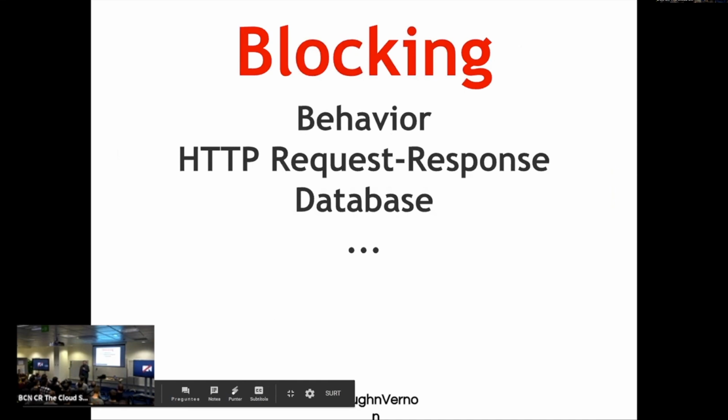We not only experience blocking in behavior, but we experience blocking with our HTTP requests and responses. We're seeing some solutions to that with some of the web servers available, the web containers and so forth that are offering some asynchronous capabilities, but we also experience a lot of blocking in our databases and just about any kind of operation that we perform. There's a much higher probability that your software will block than that it will be non-blocking.